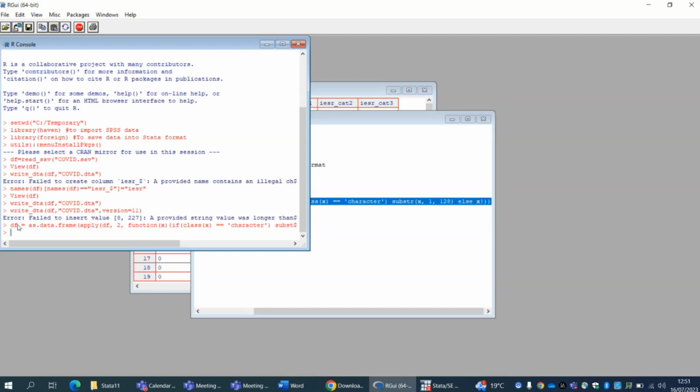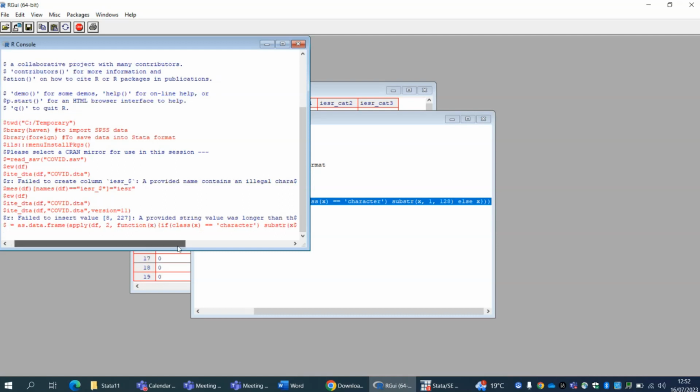So the data frame will be changed. What change will it make? R has the function as.data.frame, applied again to the data frame. 2 means from the second row it will apply, because the first row is the variable name, so it will not change the variable name. But from the second row, it will change the category or the level if it is very long. The function is: if class x is equal to character,